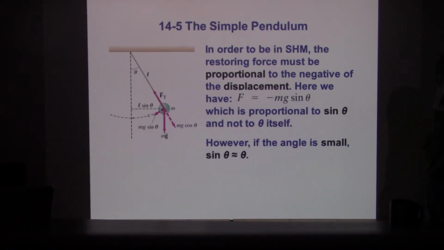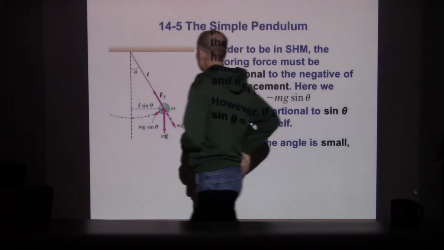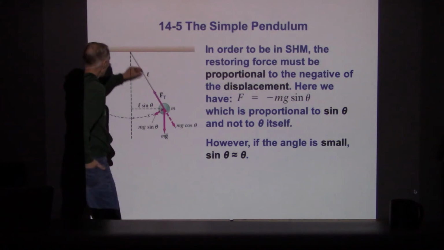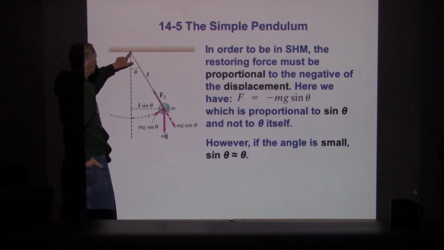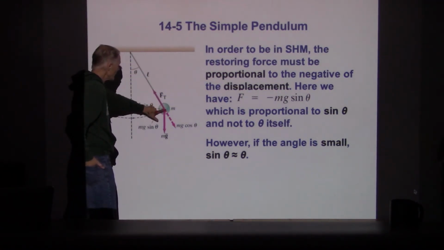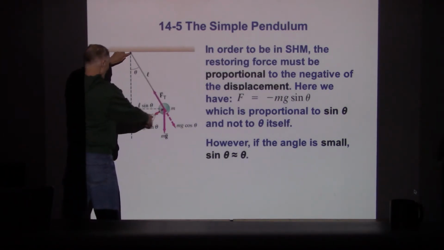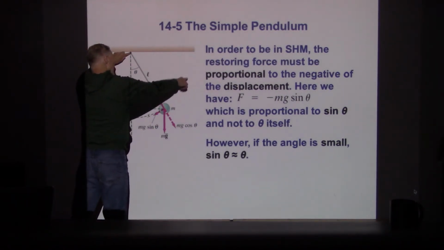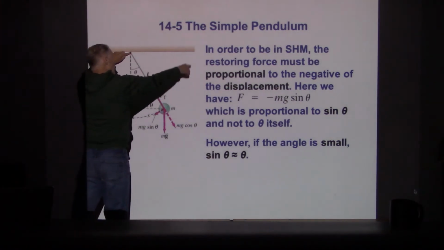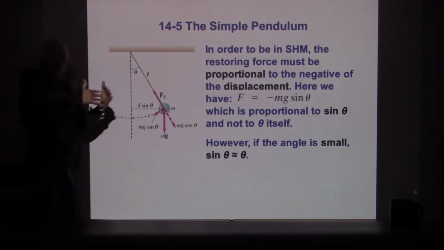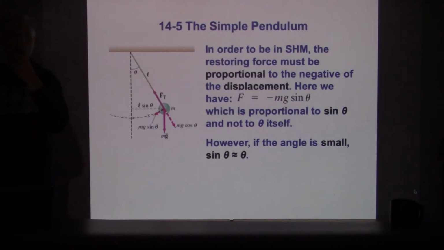It's not uniform circular motion, but it's following a circular path. So whatever distance L is the distance from where this is attached out to where this is, that L remains fixed. So that's kind of like a radius of the circular motion,